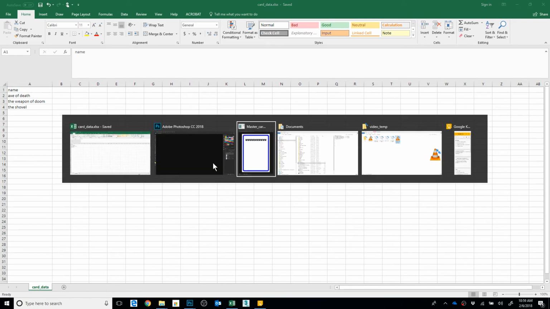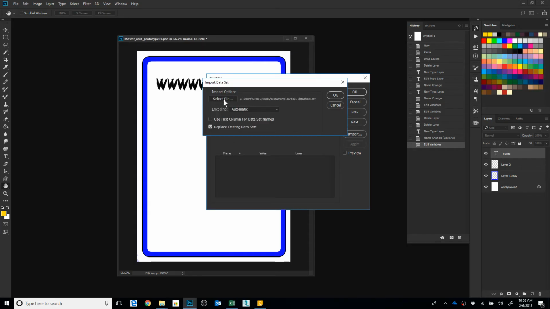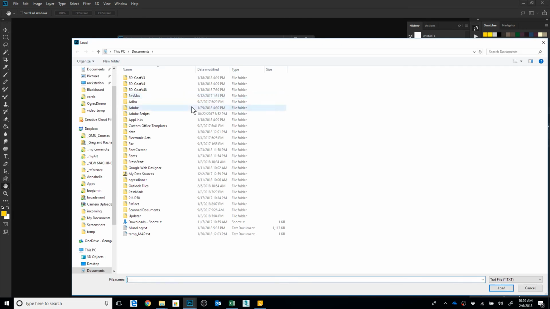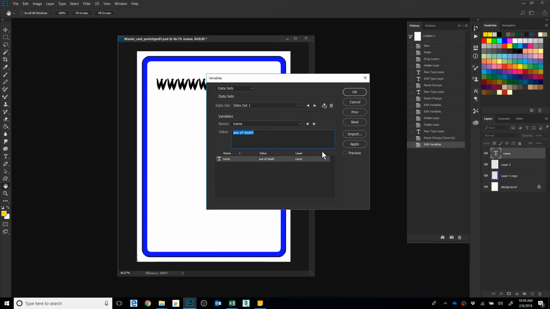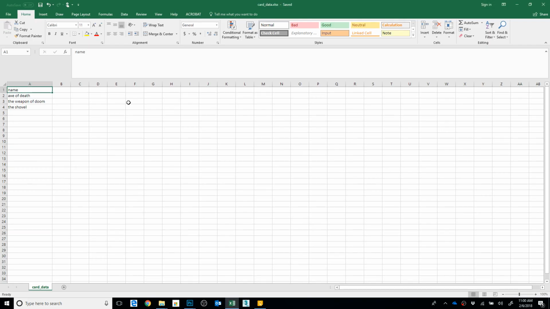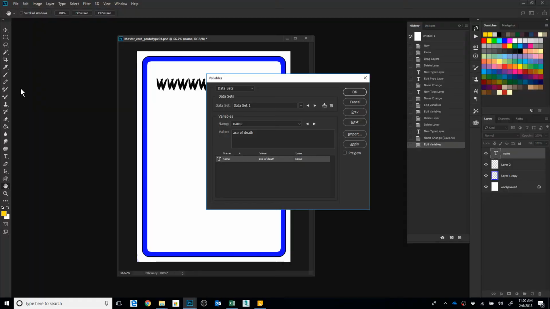Back over to Photoshop we go. Let's select that same file. Text over to CSV. Click on the card data CSV and hit OK. And you can see that it has found the data sets. There are just the 3 data sets, the 3 rows in our spreadsheet, row 1, 2, and 3, and this is the header. And you can click through with the arrows, and if we turn on preview,